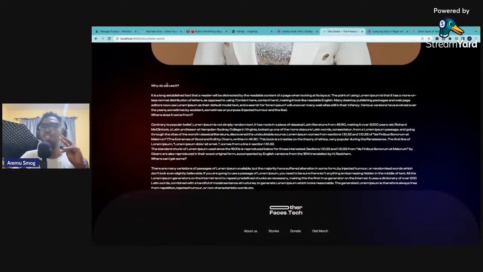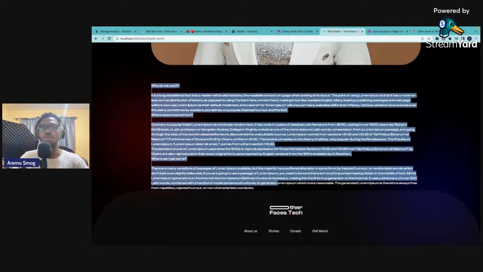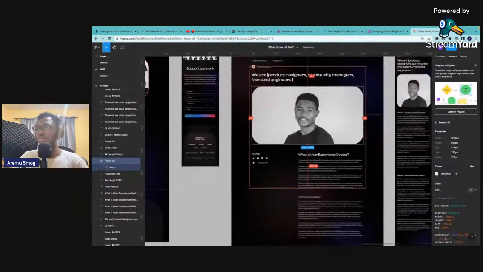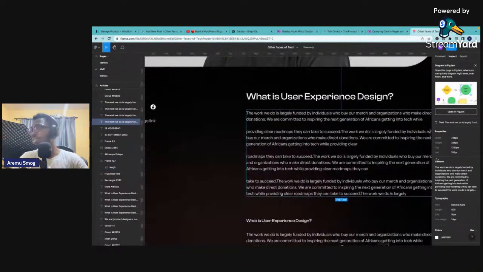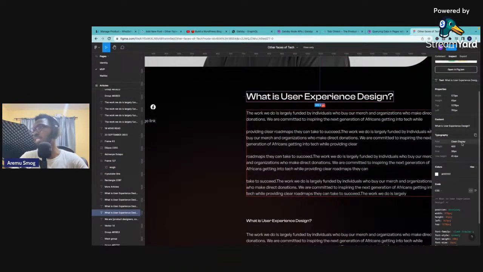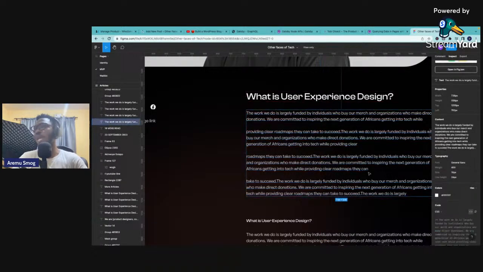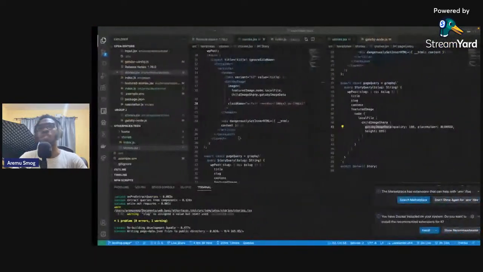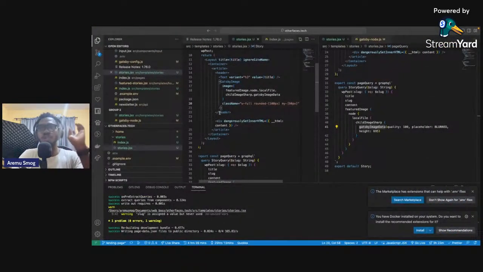Another thing that I actually quickly want to do is styling. I want to apply some styling to this content, because if you check the design, you would see that the font that is being used here is actually General Sans, while the font that is being used here is Clash Display. So all headings actually have Clash Display, while body text has General Sans. So the way I do this, or the way I've done this in the